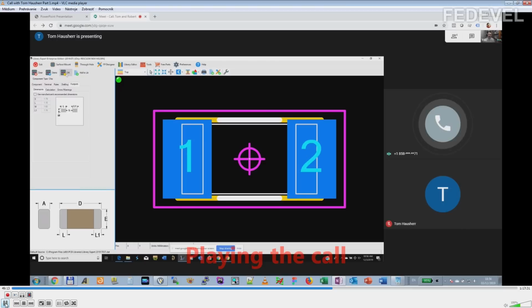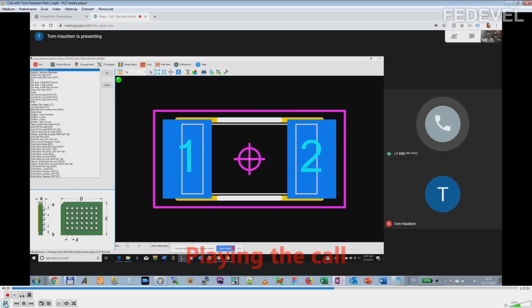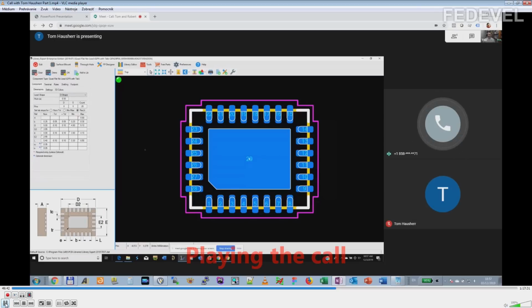Here it is. I would personally, there are certain component families, like for instance oscillators, corner concave oscillators and side concave oscillators, and there are the bottom only terminal parts like the QFN and the SON. Let's go ahead and open up an SON here. No, we're going to go with the QFN with the tab. So I'm going to look here, QFN with the tab, fill in some numbers. Now here is the IPC math per their recommended toe, heel, inside. But I'm going to take the values away for the